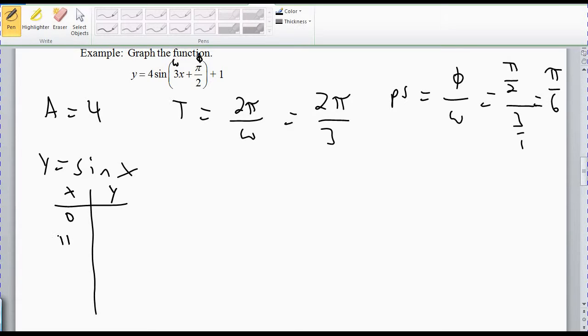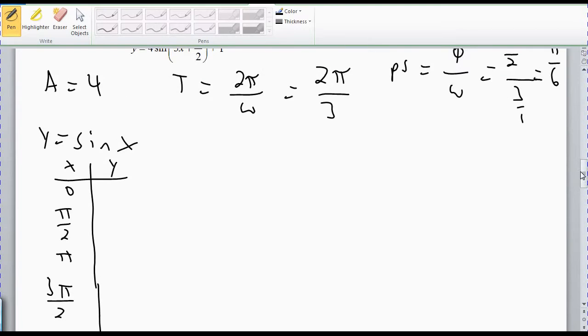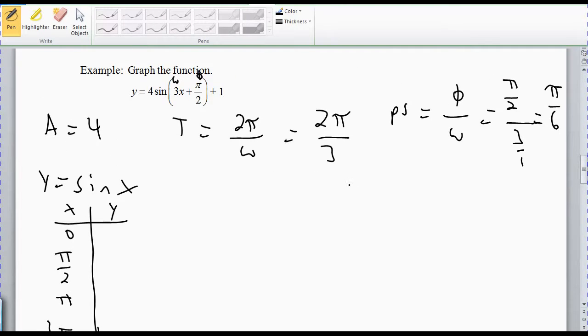I'm going to use 0, pi halves, pi, 3 pi halves, and 2 pi. Now, when I graph y equals 4 sine of 3x plus pi halves plus 1,